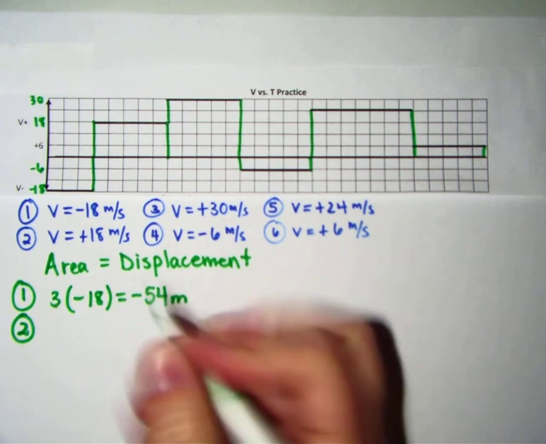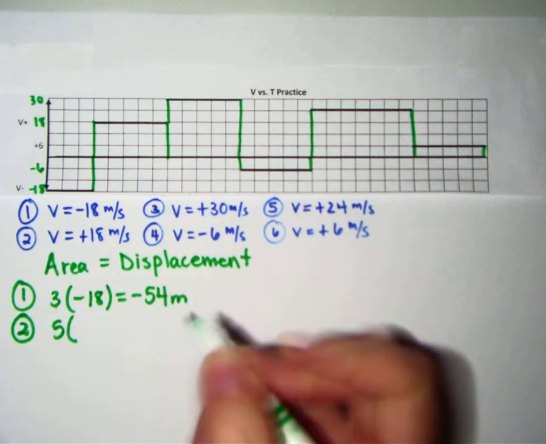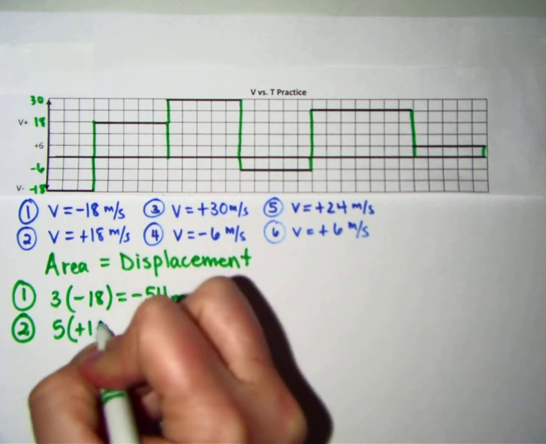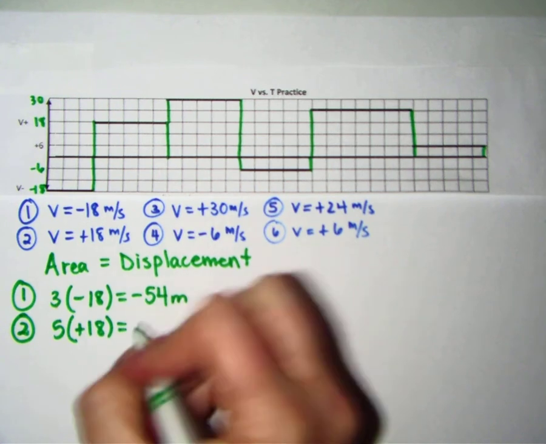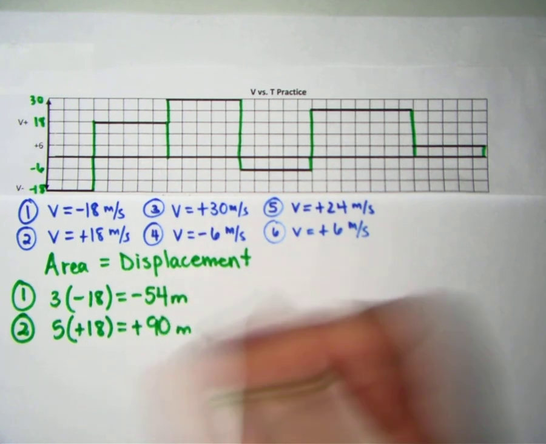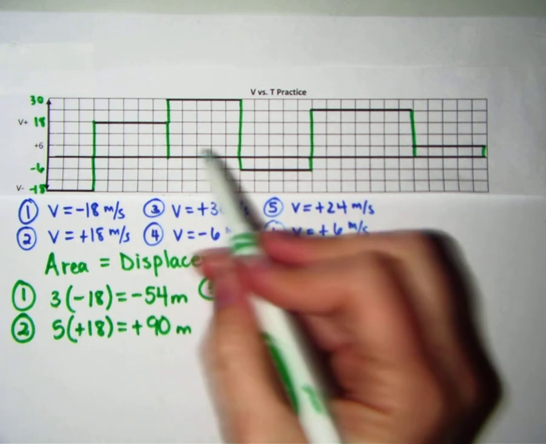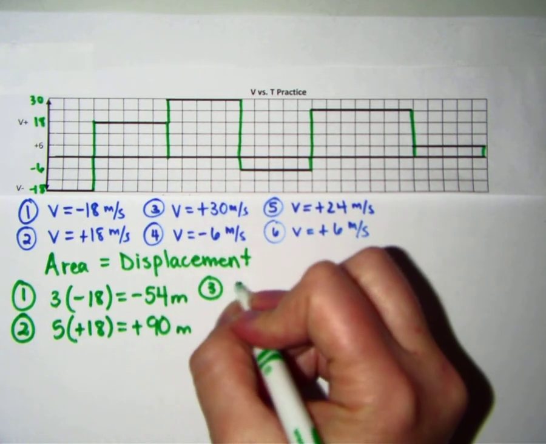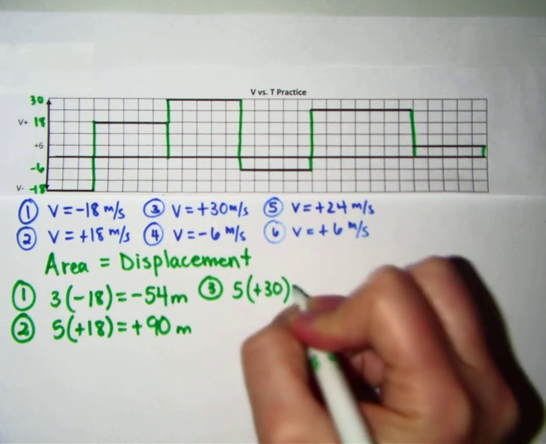Segment number 2, the base is 5 and the height is positive 18. For the third segment, 5 seconds times positive 30